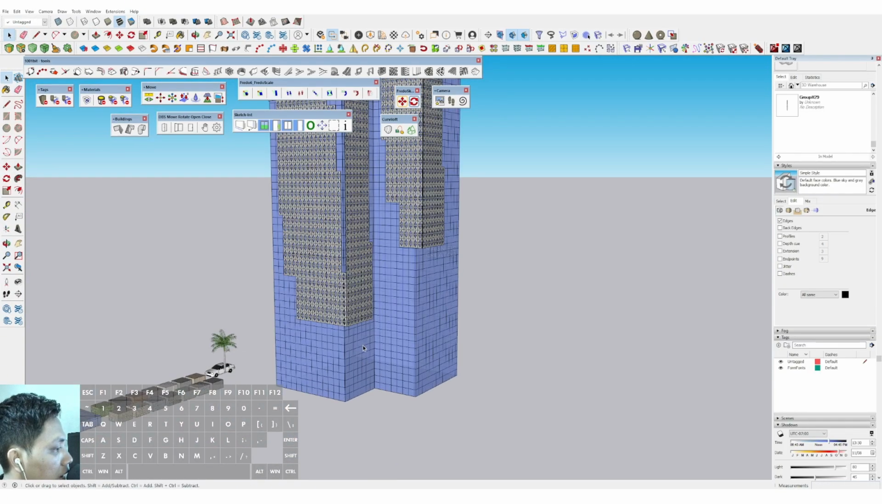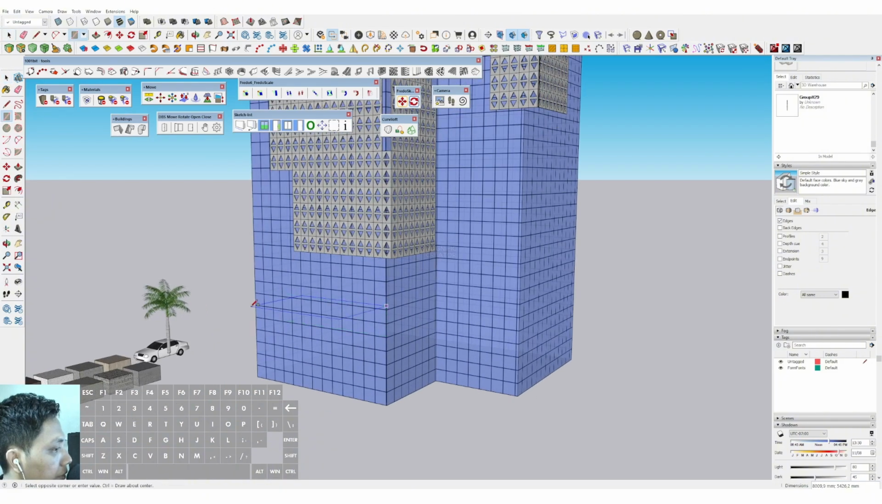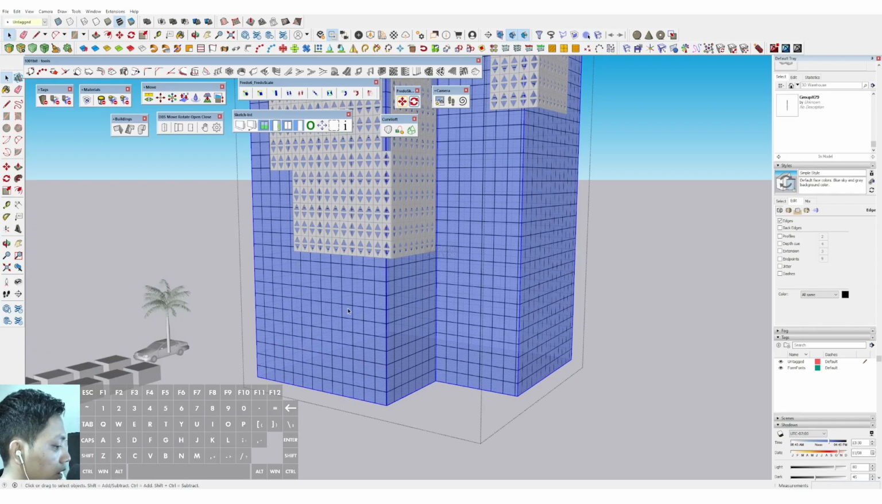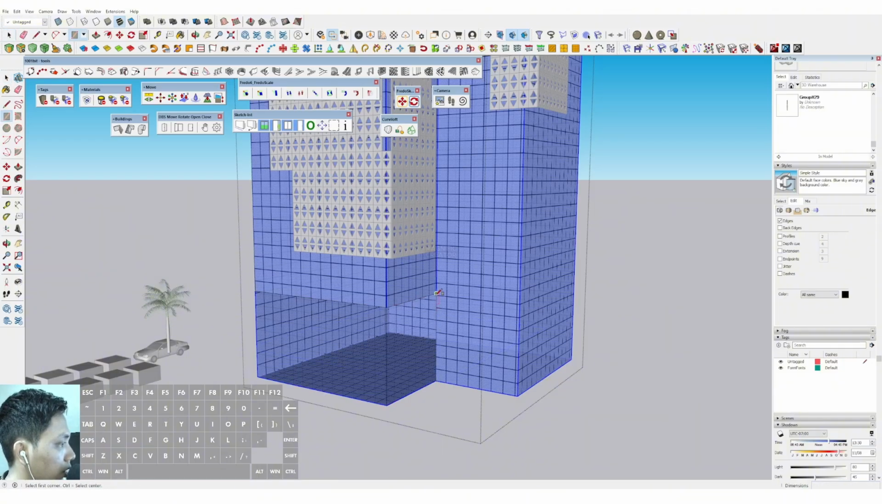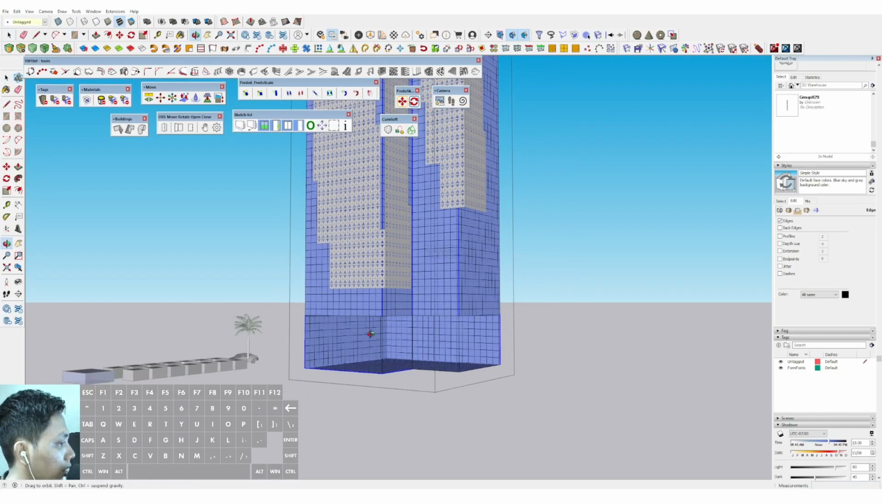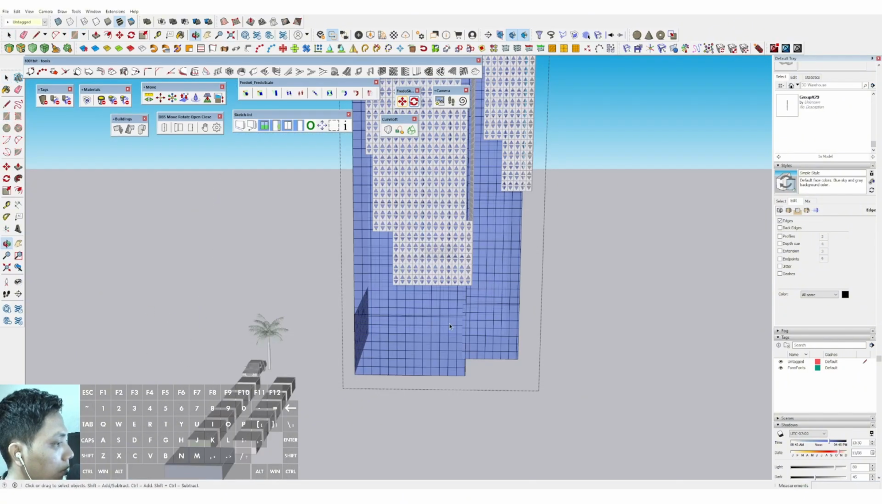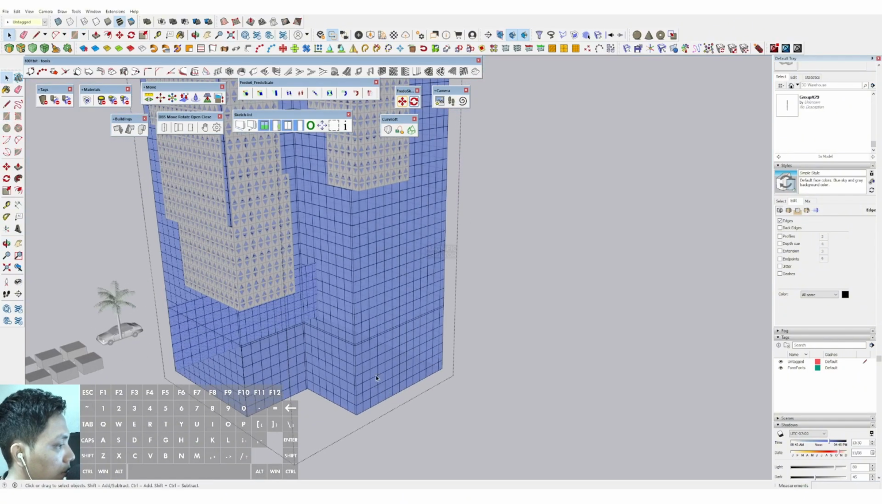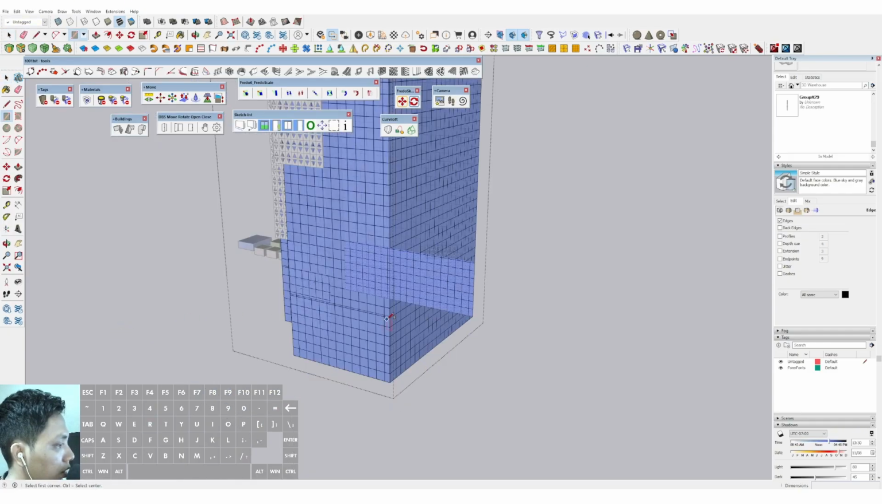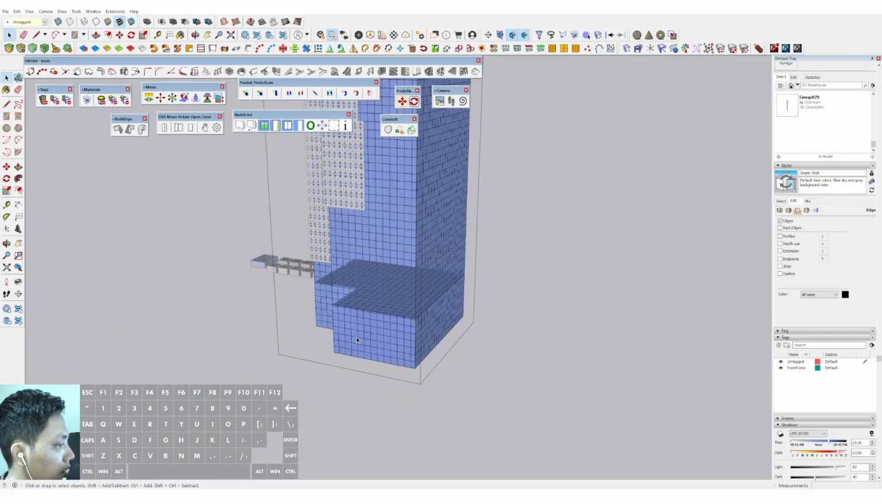Okay, and after that we can add another podium. We can add another podium in here. You can triple click and add the podium, and we can assign another material over there. We can assign another material on the bottom podium of this high-rise building in here. Okay, and then